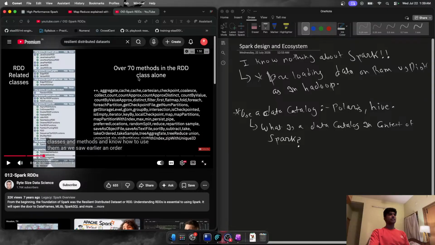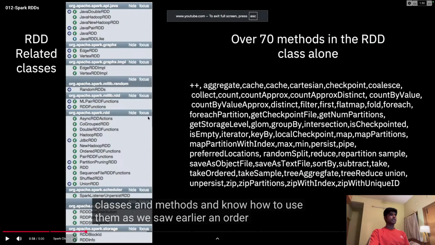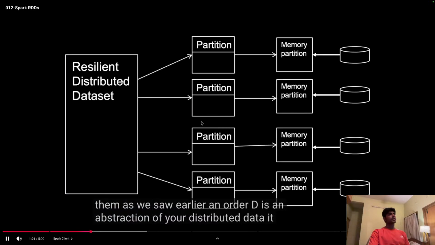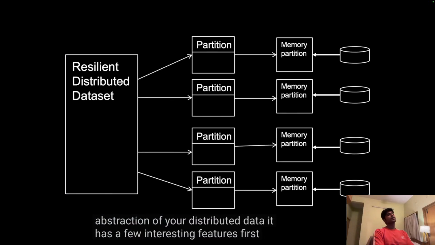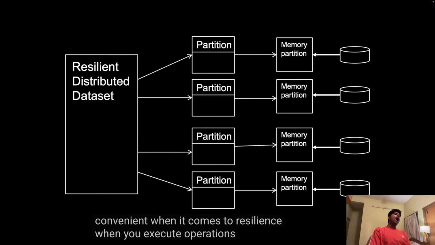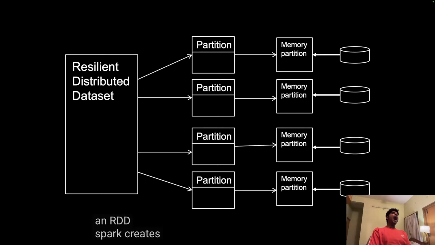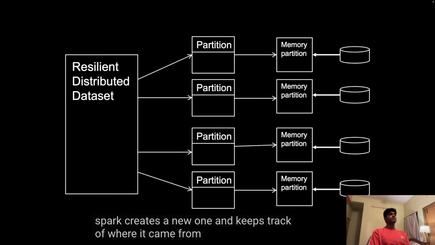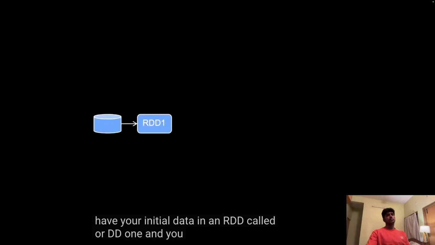It came out 7 years ago, so that checks out. An RDD is an abstraction of your distributed data. It has a few interesting features. First, it is immutable, which means that once created, it cannot be modified. This is convenient when it comes to resilience. When you execute operations that change an RDD, Spark creates a new one and keeps track of where it came from. For example, if you have your initial data in an RDD called RDD1, and you convert some